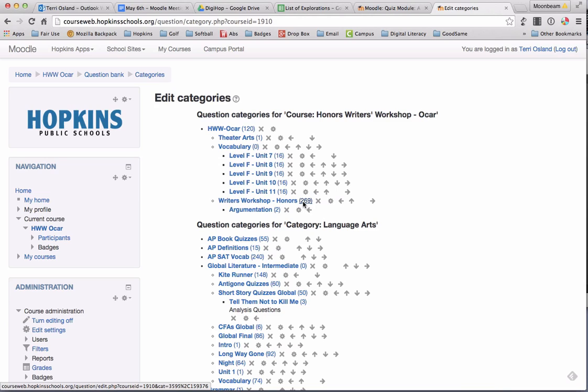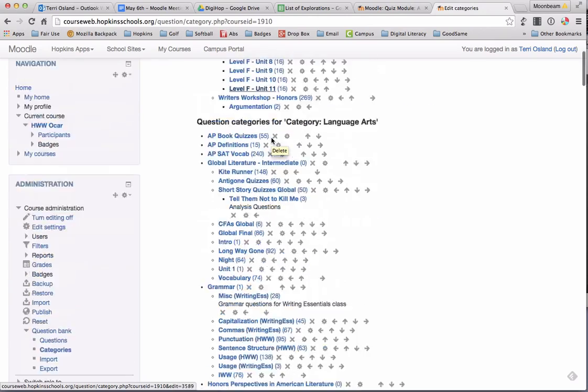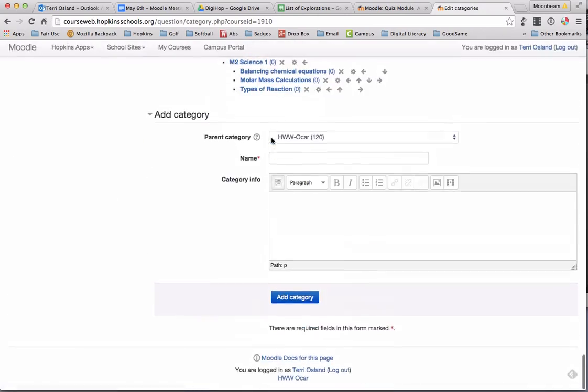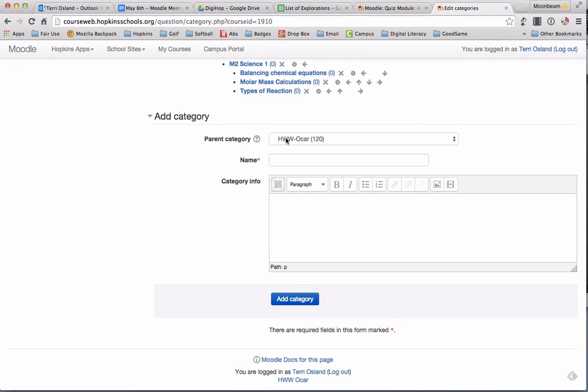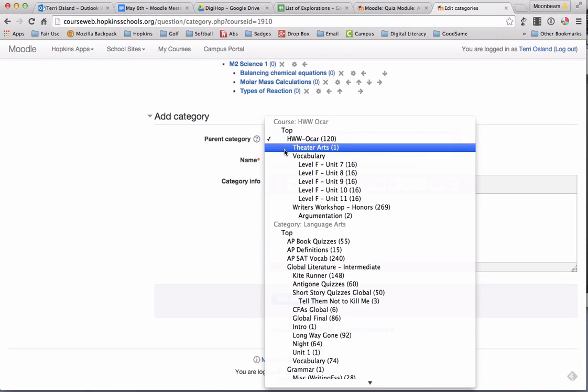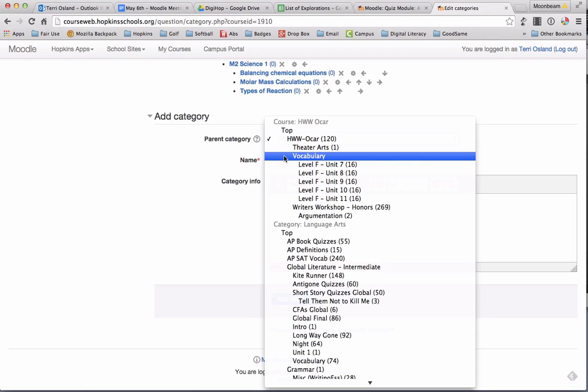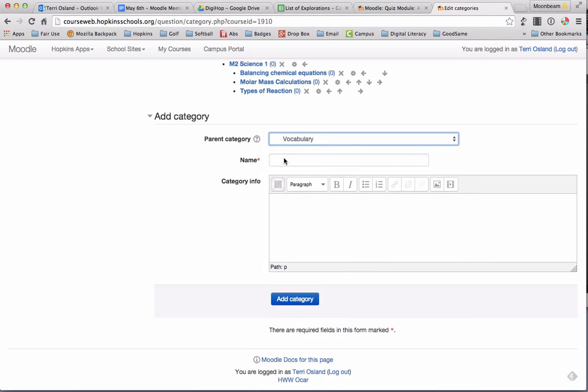So how would you create a category? Let's say that there was a 12th unit, level F unit 12. What you would do to set up a category is you would scroll to the very bottom of the page and you would search for the parent category. In this case, this is going to be a subcategory to vocabulary. So you want to make sure that you've selected the parent category. And then again, I think it's level